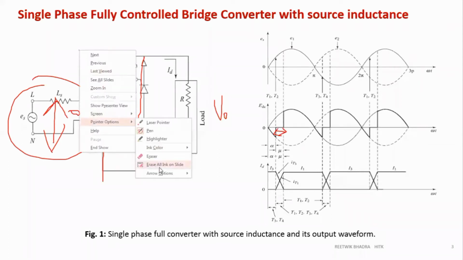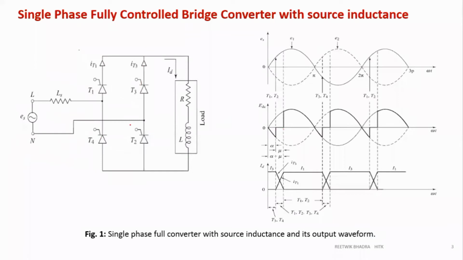Now, from here, you know all this operation. From here, which thyristors will conduct in the positive half cycle? These two, T1, T2. In the negative half cycle, which will conduct? T3, T4. I'm not going to explain it again. You know all this. So T1, T2 starts conducting from here. The inductive load goes to discharge over here. T3, T4 starts conduction over here. Because of the inductive load, it will discharge. It goes up to this.